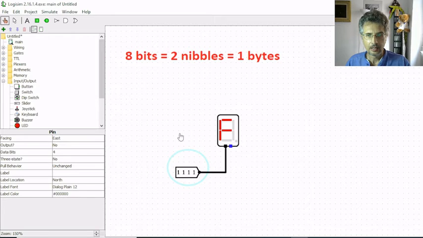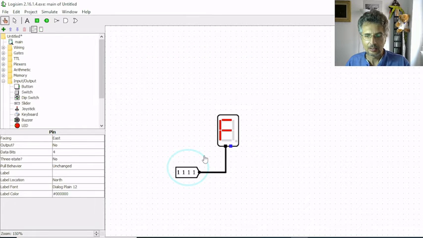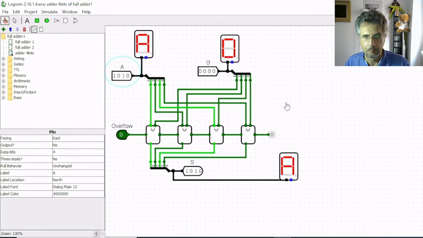And let's see all this using the 4-bit adder we built in the previous video. The idea is to put together 2 4-bit adders and make one 8-bit adder. So using 2 circuits like this one,